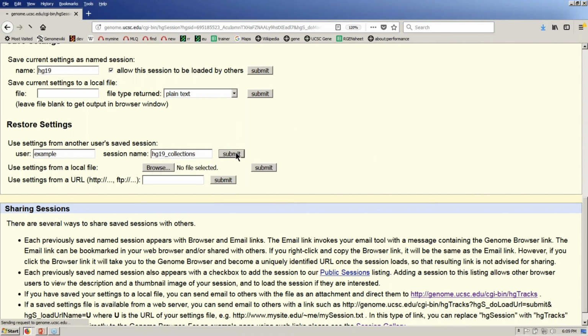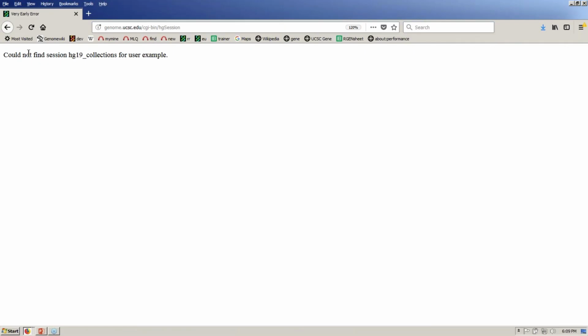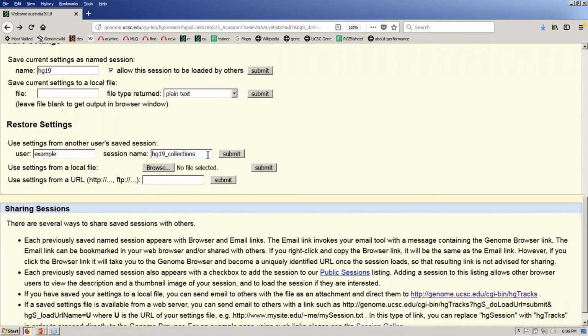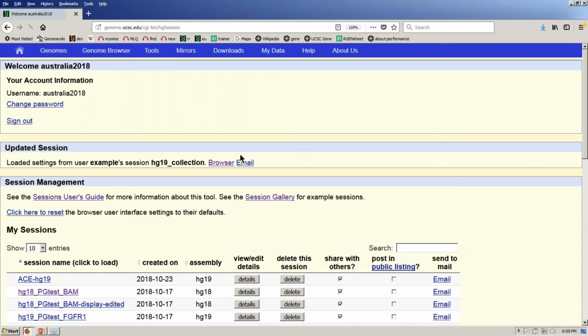So if I hit submit here, okay, I do that about half the time. There's no S on collection, so HG19_collection. Okay, so there we have it. I will leave it open for a second. HG19_collection, username example again, and then when I hit browser,